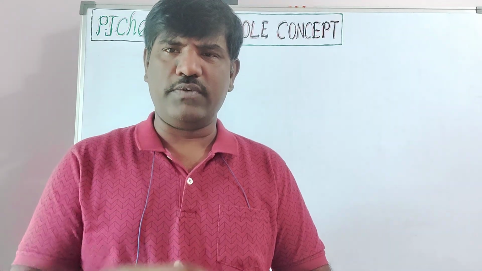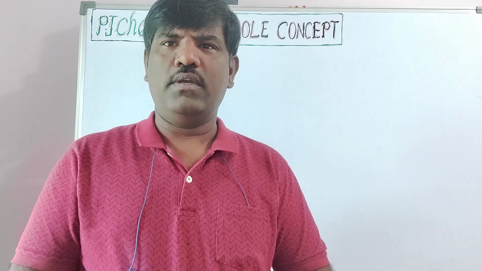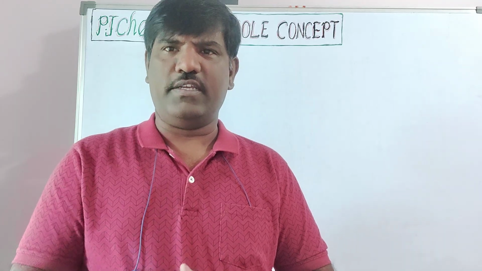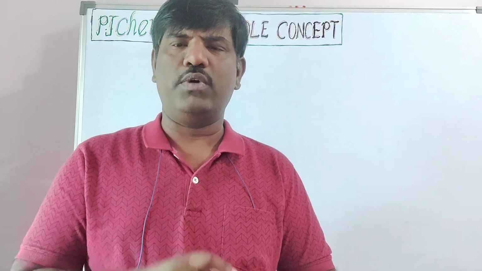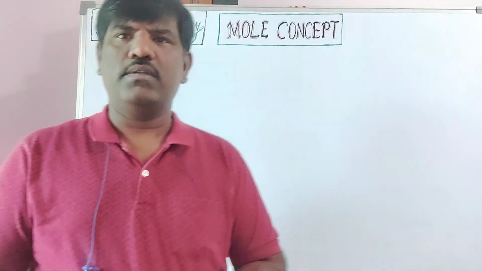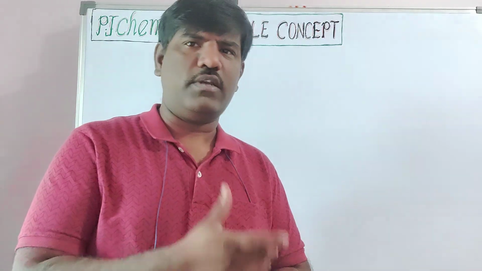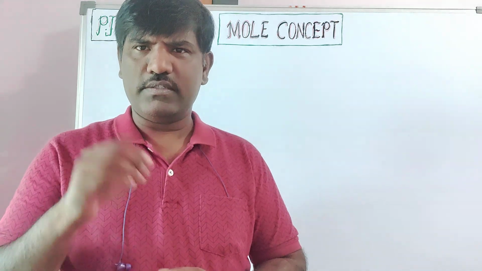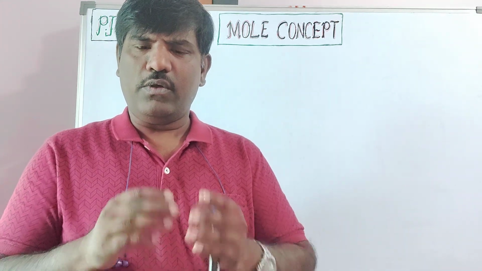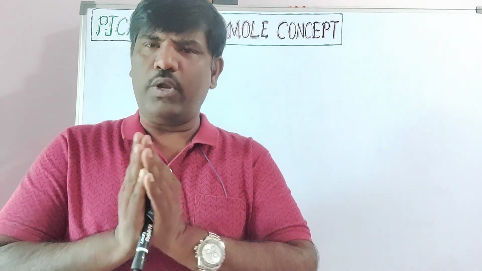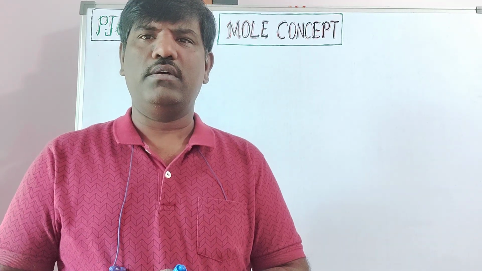There is a fixed unit. 1 dozen means 12. In the same way, one pair is nothing but two objects. Like that, 1 kg is a particular unit. In the same way, 1 mole is nothing but